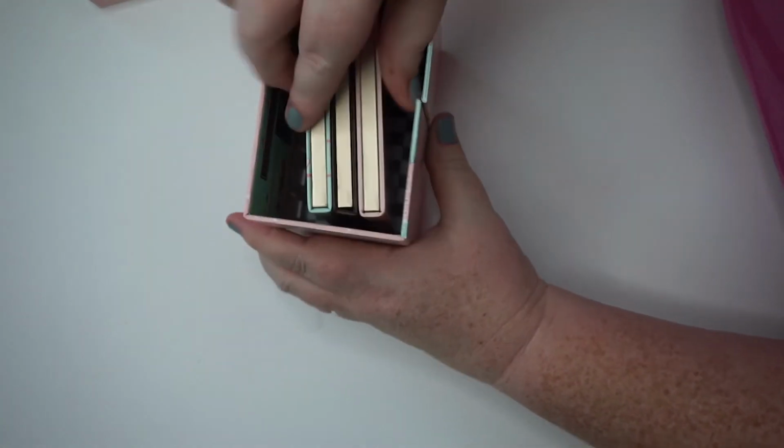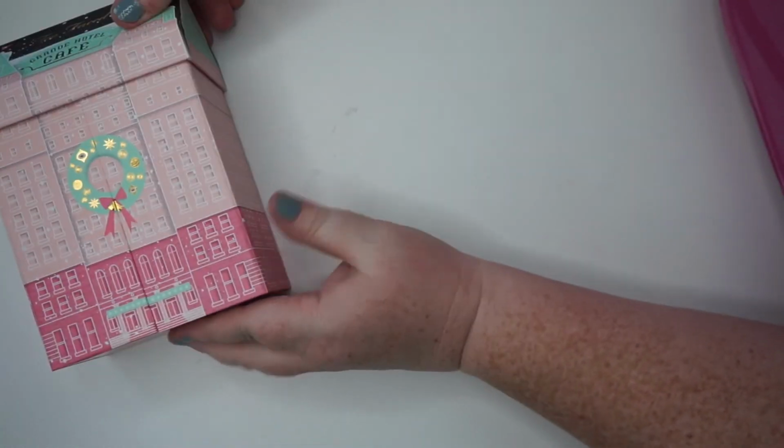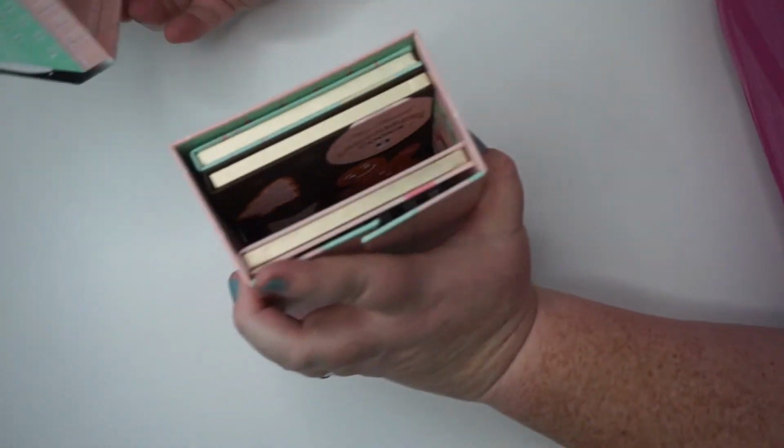I just kind of wanted to show you those for my collection. I like how the box has so much extra room. Oh, I know. You can put other stuff in there, which I don't, but...